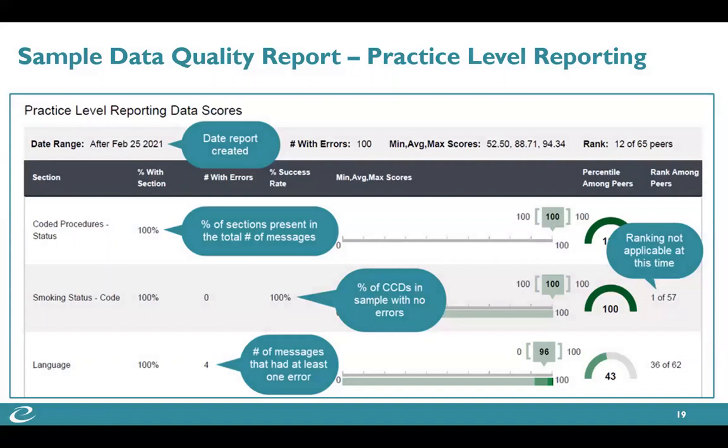The next section of the CCD focuses on practice level reporting. So it took the information that was rolled up in the previous section, and it gives you a more detailed breakdown. So this first bubble says that the report was created after February 25th. We looked at the CCD submitted on or after that date. Each of the next areas is a breakdown by section of the information or the data elements that were evaluated,